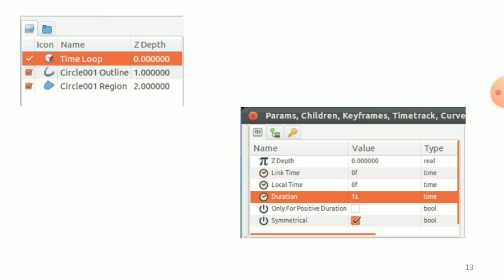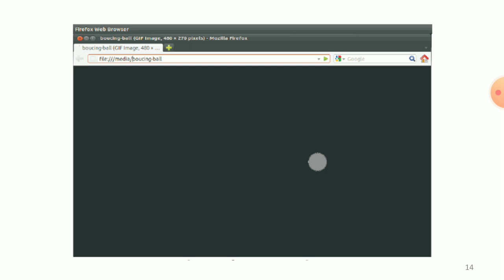That is a time loop added, and then preview the animation and you will see that the animation goes on playing till the end time. If you change the ending time to 10s in the file properties window, then the animation will go on playing till 10s, and save the rendering file and show the output on the web browser. That means left to right, right to left, that is a continue 10 seconds.